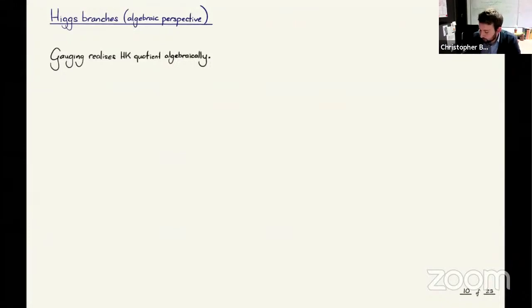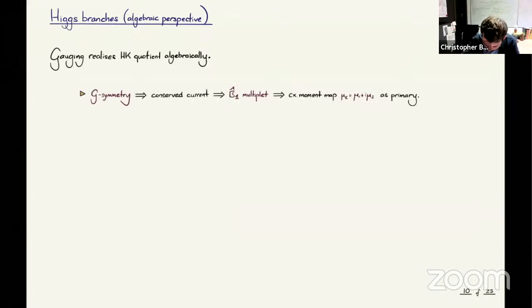Okay, and now I want to review how you realize the hyperkähler quotient structure that takes place when you gauge from this algebraic point of view. This is standard, but also sets the stage for the elaboration that will appear momentarily. So if I have a theory with a G symmetry that I'm planning on gauging,